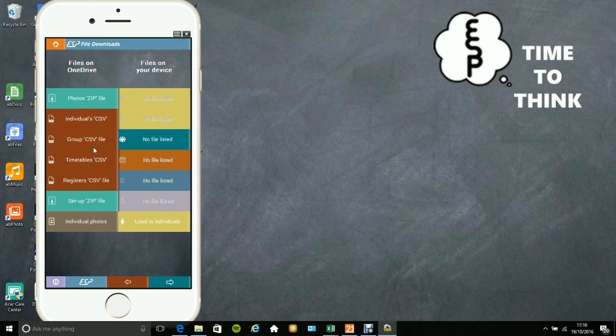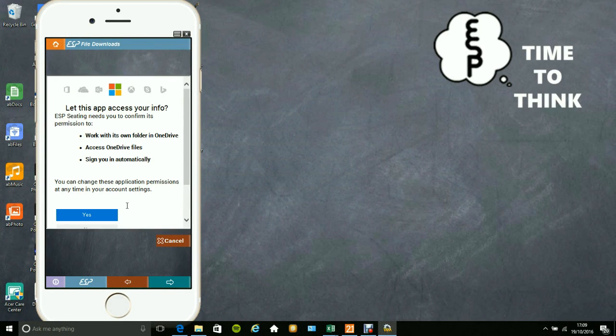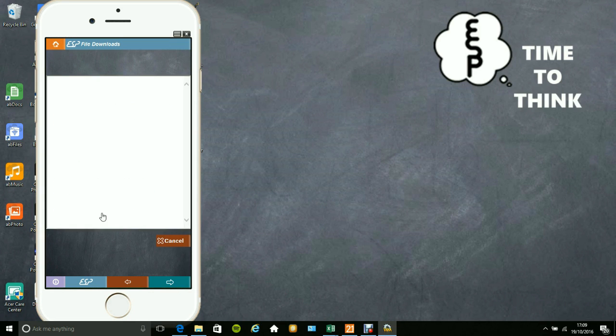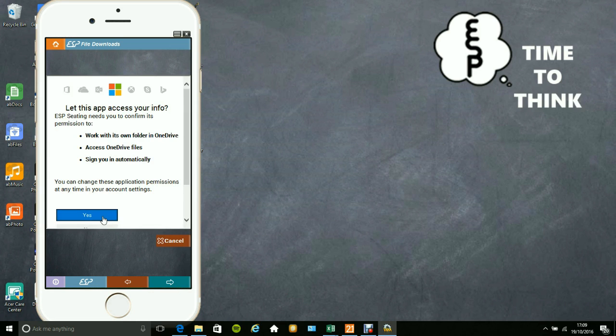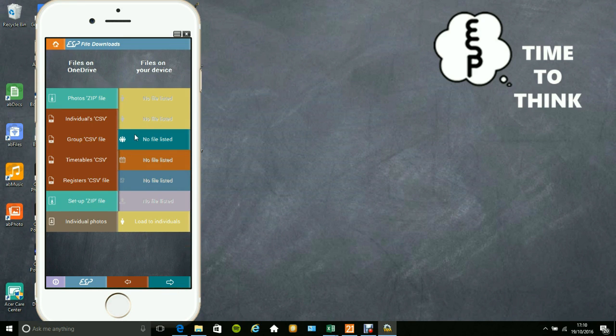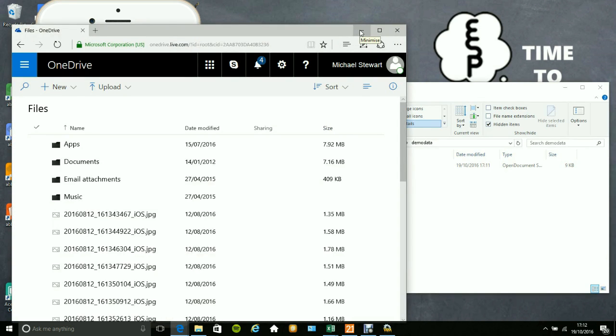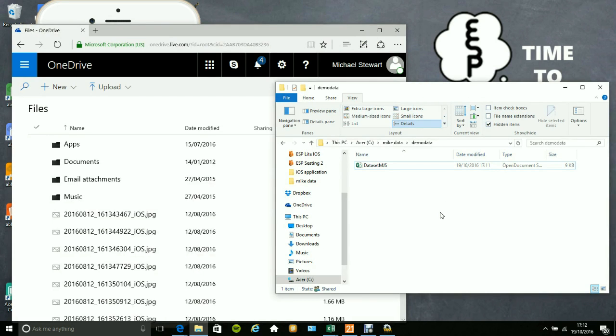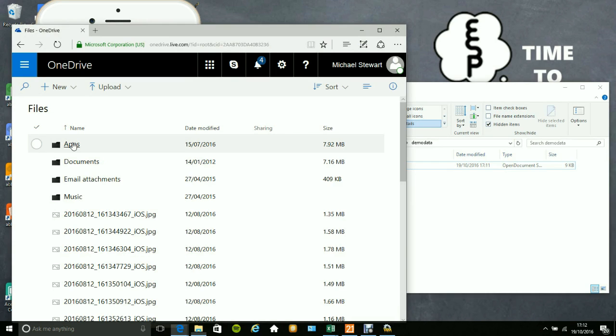On our device now we should see the file retrieval screen. If we click on Group CSV File, this will then allow us to log in to our OneDrive personal account. The first time we do this, the system will create a directory on the OneDrive account which will allow us to place files on there and for them to be collected by ESP Seating. First though, we have to transfer the files into that directory, and to do that we log on through our browser, select the directory that's just been created,